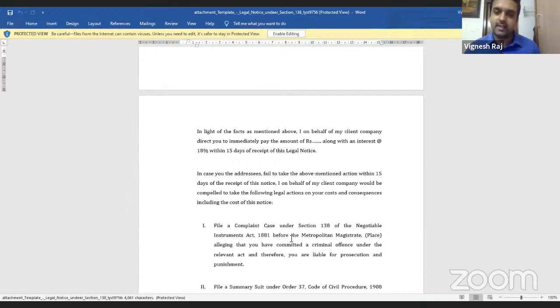You don't need to explicitly state that I intend to file a 138 notice, or this notice has been issued pursuant to the provisions under section 138 of the Negotiable Instruments Act. But the notice has to clearly ask for the debt back, and it has to state that the amount due is in fact a debt, to meet the essentials for a check bounce case. So that is what your notice requires to state.